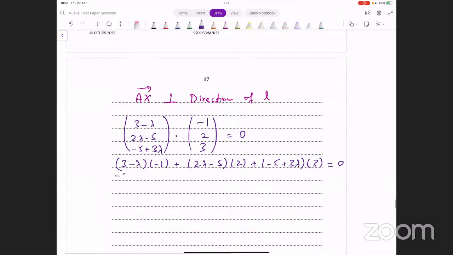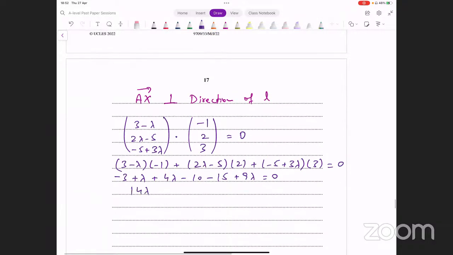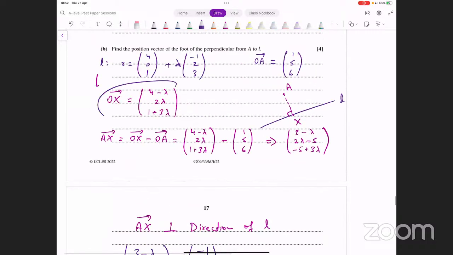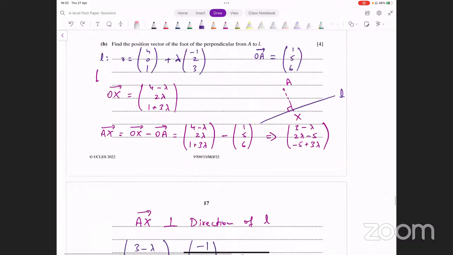Let's simplify this. It gives us -3 plus lambda plus 4 lambda minus 10 minus 15 plus 9 lambda equals 0. Let's simplify this and see what we get from this. 14 lambda minus 28 equals 0 and the value of lambda turns out to be 2. Lambda 2 आ गया. अब OX का जो वेक्टर था उसके अंदर lambda की जगह 2 डाल दें, आपके पास